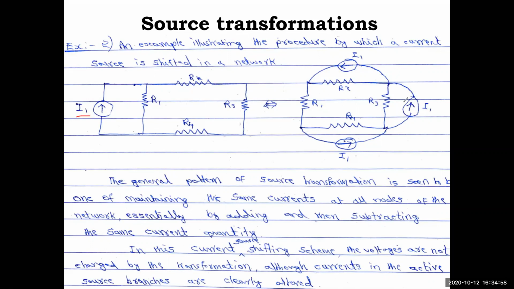Here one more current is added. Here is how the current came, so this branch is shown. Either we can use this side or start from that side. If you show the arrow mark on this side, here also this side, and here also this side, then it will satisfy Kirchhoff's voltage law. We will do this frequently in problem solving.